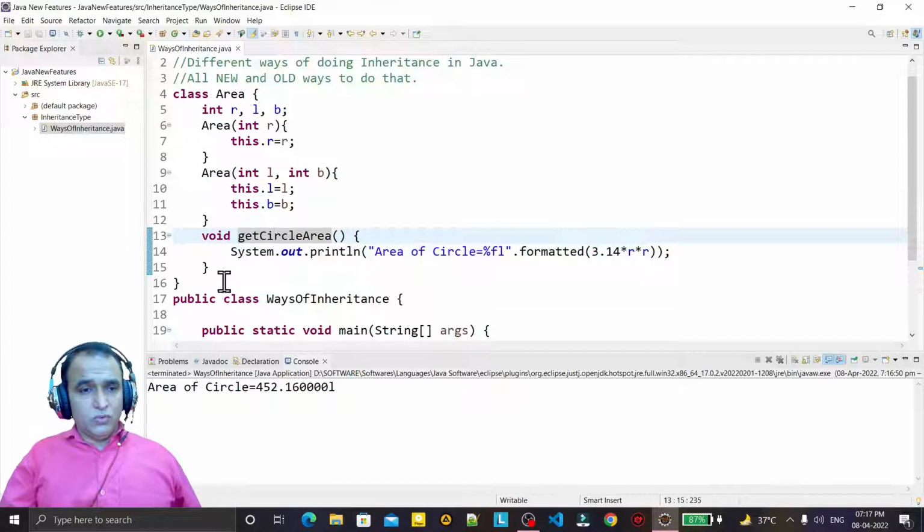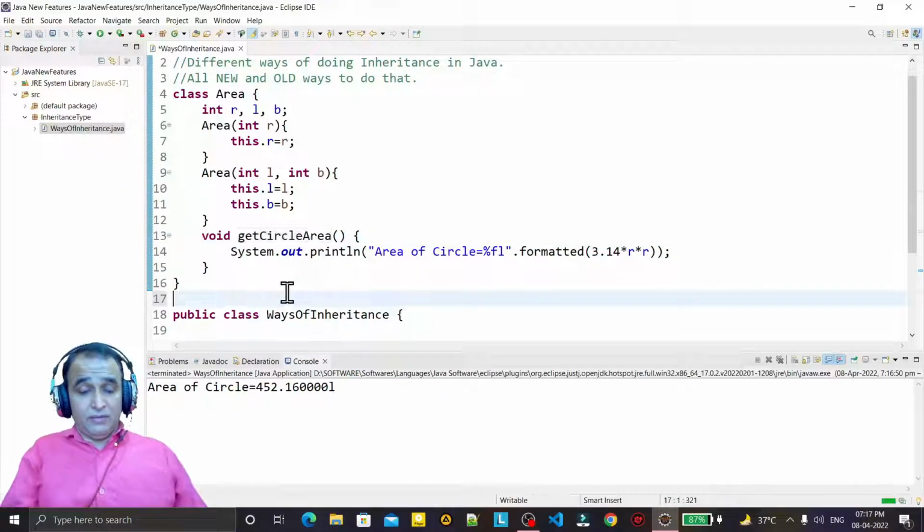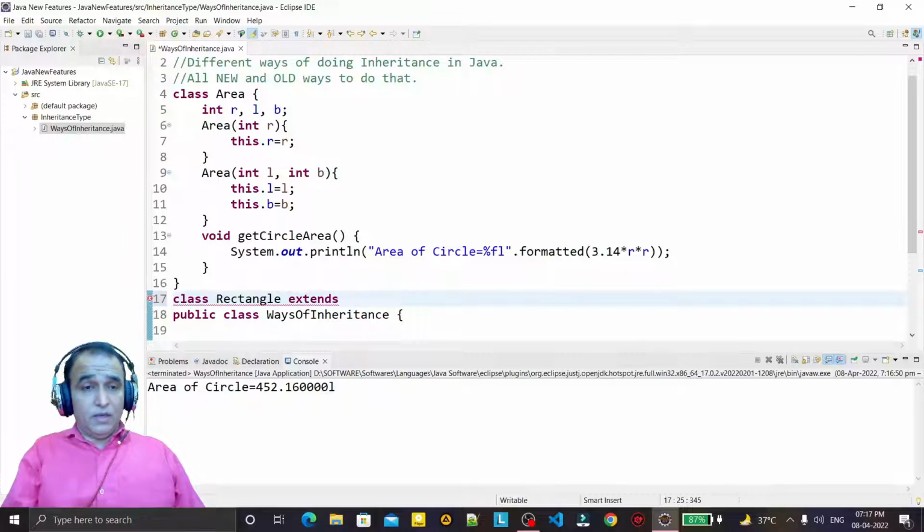Now I want to do it for a rectangle, so I say Rectangle extends Area.